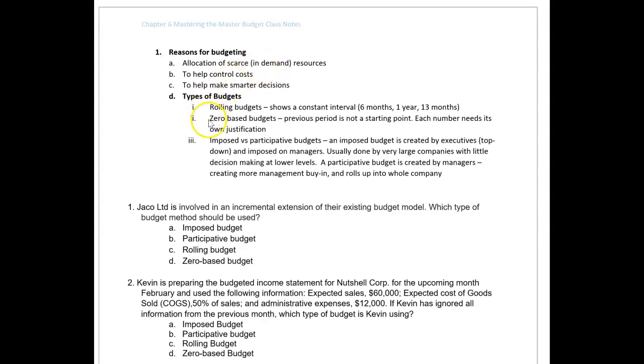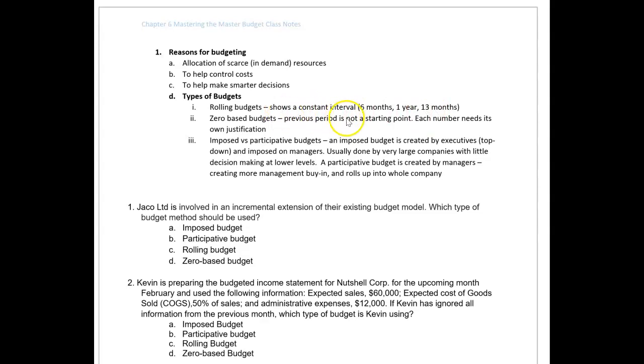So the next pieces are the different types of budgets. And believe me, there are a couple multiple choice questions in this area, so it's something that you need to be aware of. A rolling budget. This is a nice budget because what it does is when one month finishes, it adds another month to it. So it shows a constant interval, and it could be 6 months. Generally, what I've seen is 13 months. It'll be 1 month over a year. So it just kind of rolls and incorporates new information, and so you're always looking at at least a